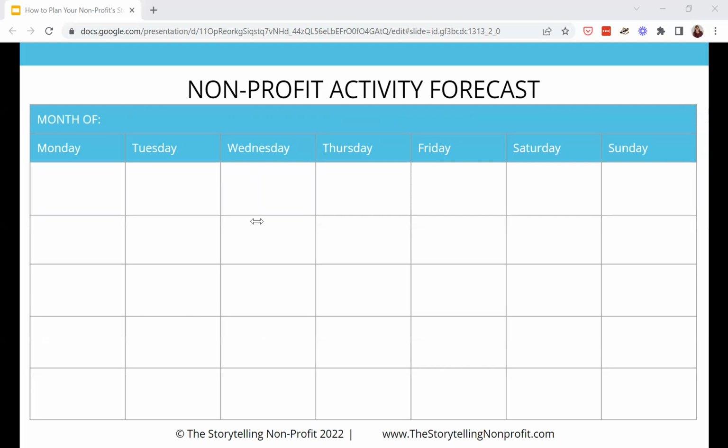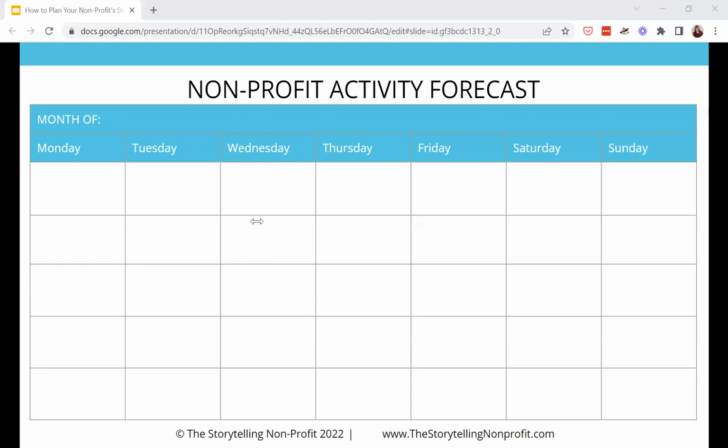So as you do this, one of the things that I find can be really helpful, if you have a calendar you use for big picture planning, whether it's a digital calendar or a wall calendar that you might use in your office, you may want to add these key activities from the forecast to your calendar if they're not already there. So use this opportunity to double check this calendar, make sure all the key information that needs to be there is there. And if it's not, add it into your calendar so that you can visually see what's happening.